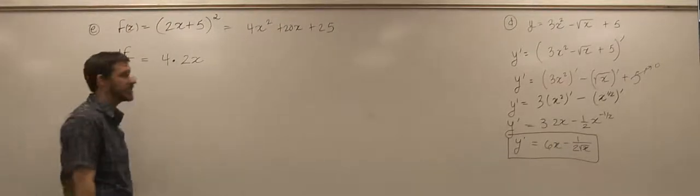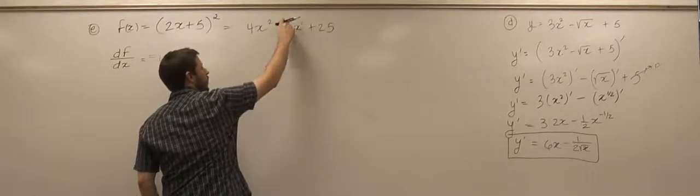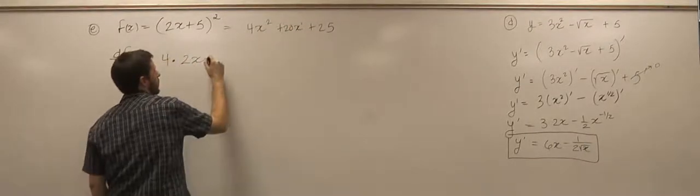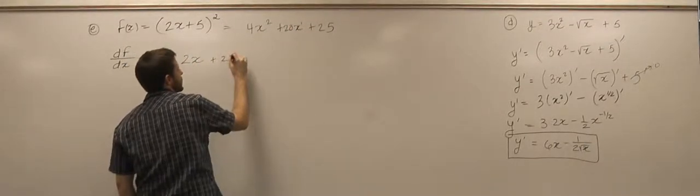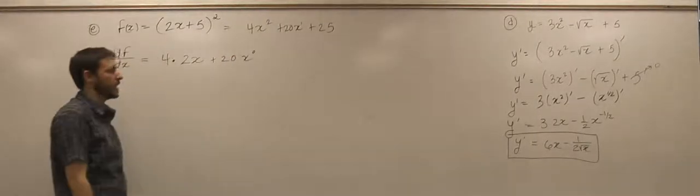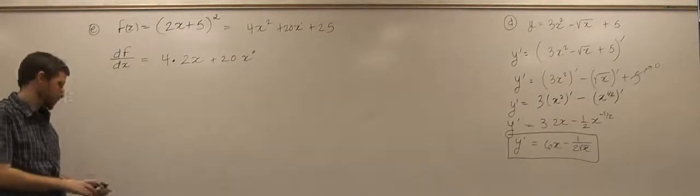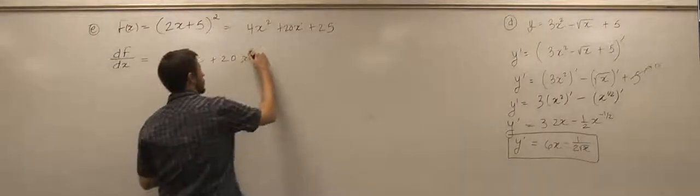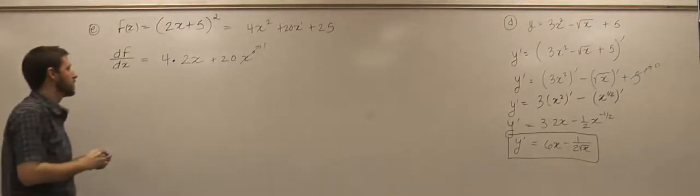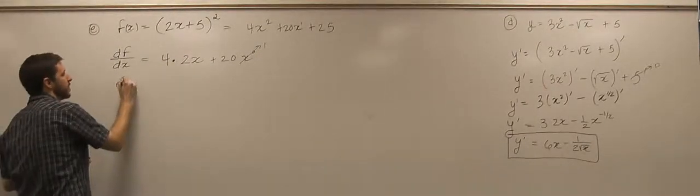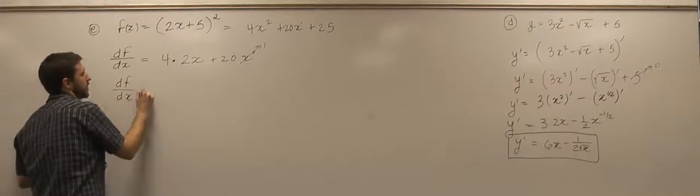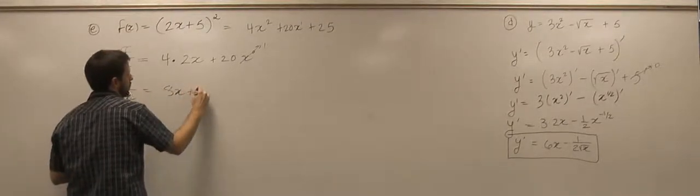Just 20, because this is x to the first. The 1 will come down and get multiplied, but it turns into x to the 0, and x to the 0 is just equal to 1. So altogether, your derivative is 8x